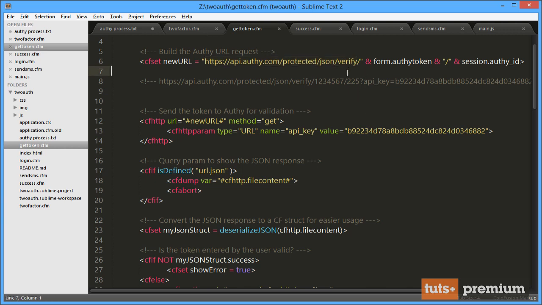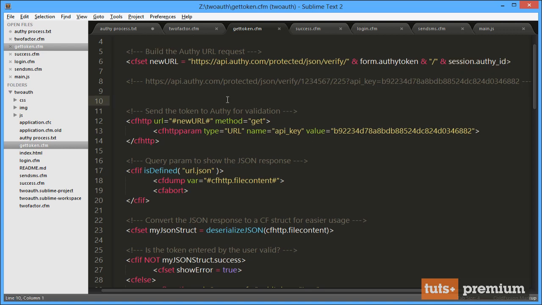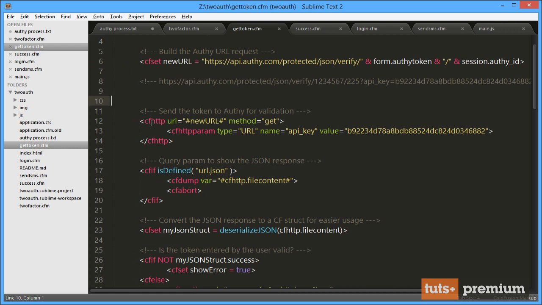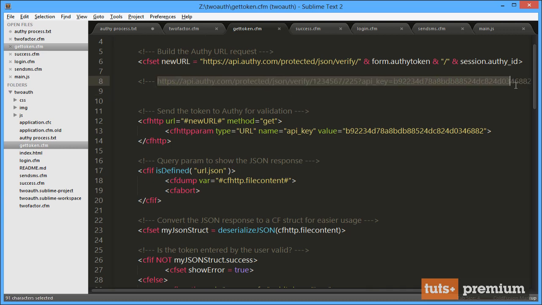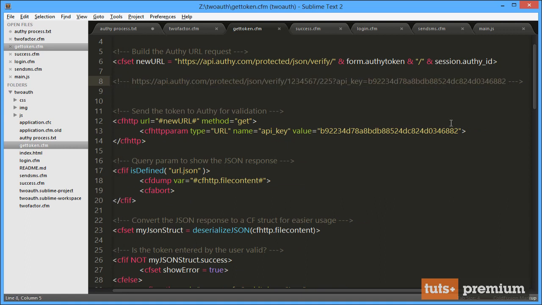In this case, we're going to verify the user. We're going to pass over the Authy token, and we're going to pass over the user's unique Authy ID. Remember, every user gets their own unique Authy ID that they carry forward. And this is what you would end up storing in your database once this user gets verified. So we're going to make a GET request. We're going to take this URL, which will probably look something very similar to this right here. That's why I put that in there so you can see what it looked like. And we're going to pass it to